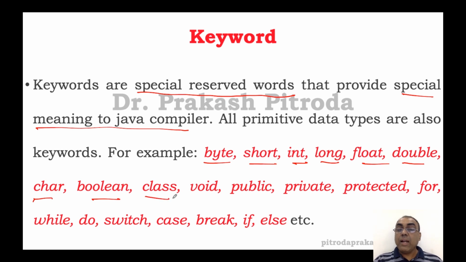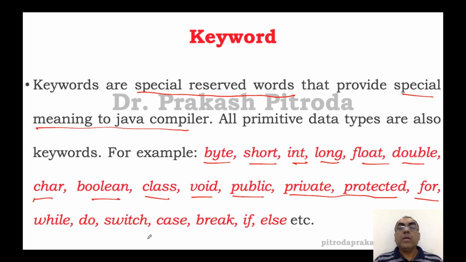The moment you write class, the computer understands how to declare after the class has been declared. Void, at some stage in 10th standard also you learn, means a function with non-return type. Public means any function which is available to all parts of the program and will also be part of other programs as well. Private, protected, we will learn as and when we come across the 10th standard syllabus.